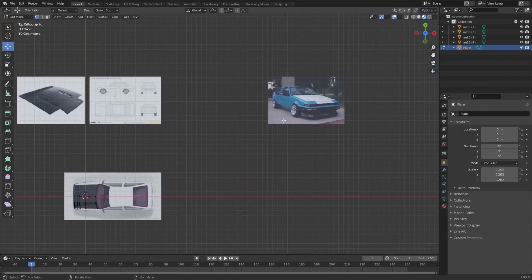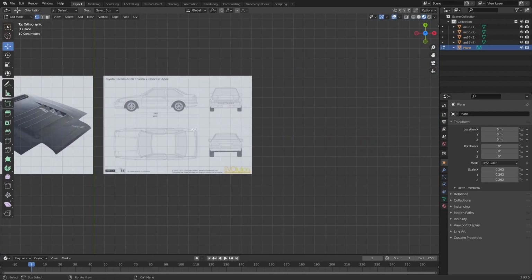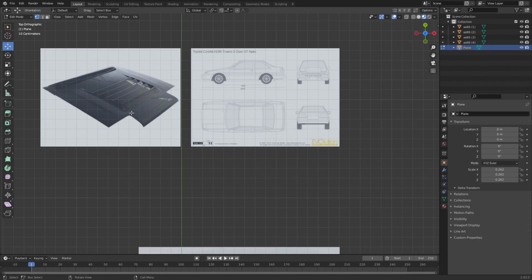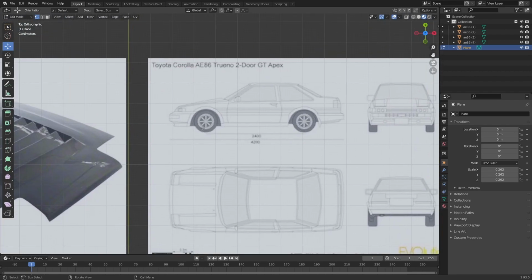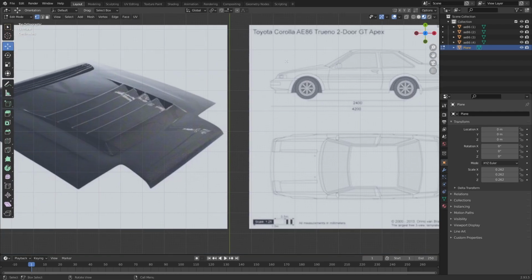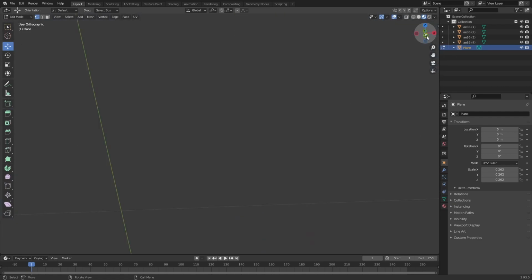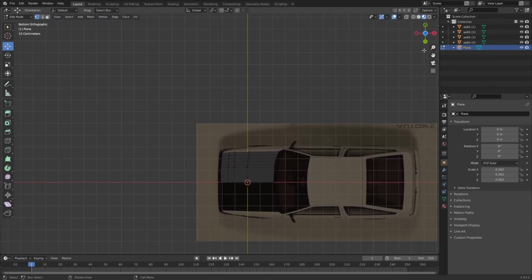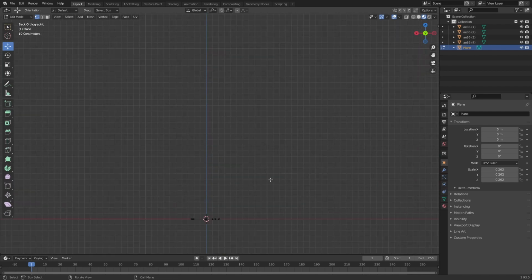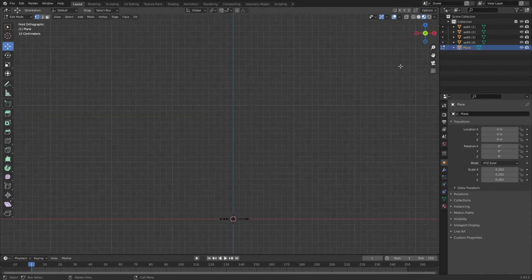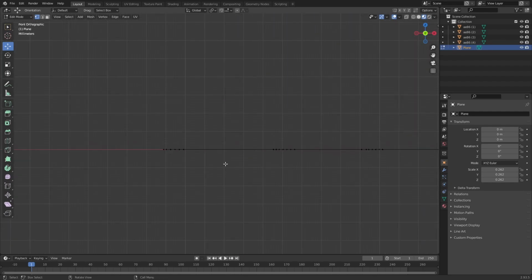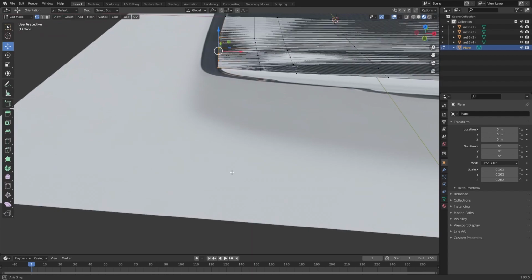So I'm gonna go to my other reference image, look at that, see that, right? Take a look at this. It kind of slopes a little bit, and then just dives like that. It starts to tilt down, and then goes down straight at an angle. So what I'm gonna do is go right here on the y-axis, make sure I'm lined up properly. I'll go over here and just slightly tilt it